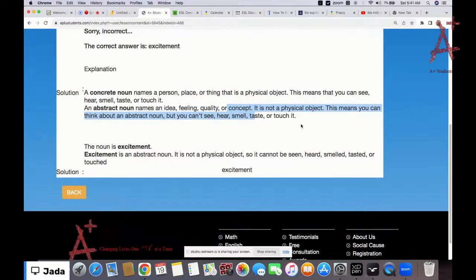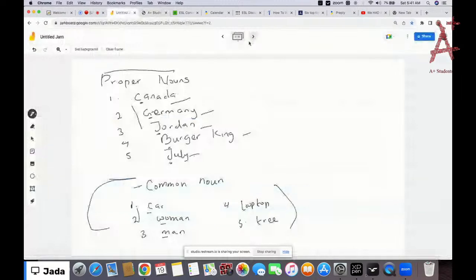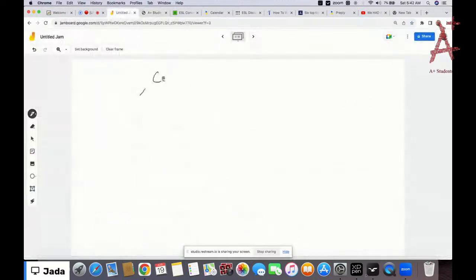So, let's get some examples. We're just going to check some explanations for this one, okay? All right, so let's have them. We have the concrete